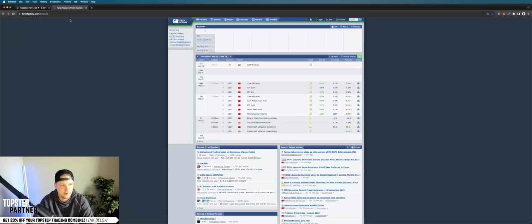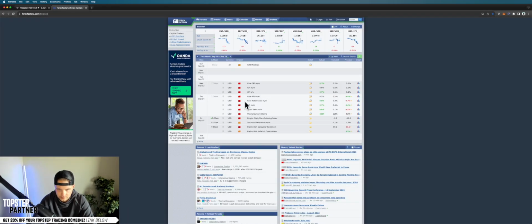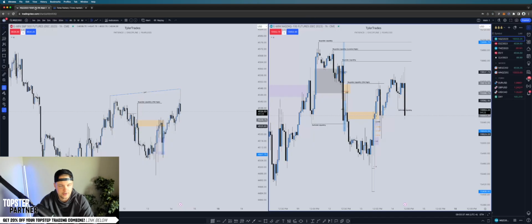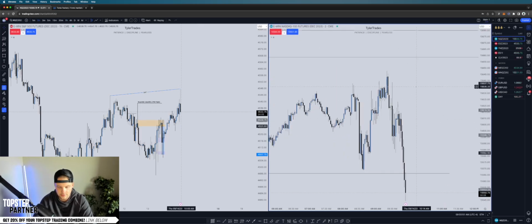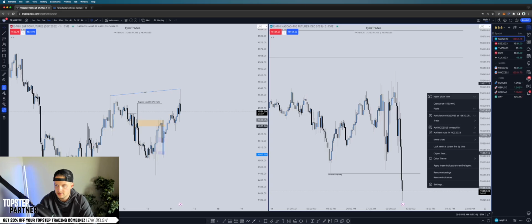So let me just go to Forex Factory. News came out bearish for these indices. Same with unemployment. So we got bullishness for the dollar across the board on the news releases. And then what we've seen so far this morning here on NQ at least is we see that price rallied up. Well, let me jump to the 5 minute. Easier for you guys to see.